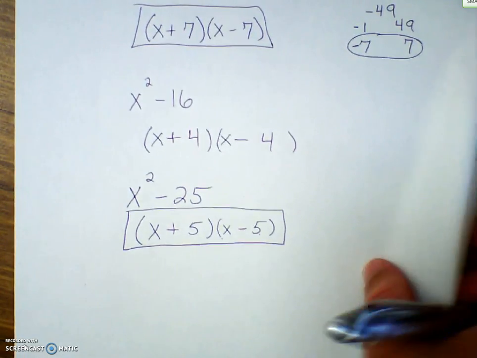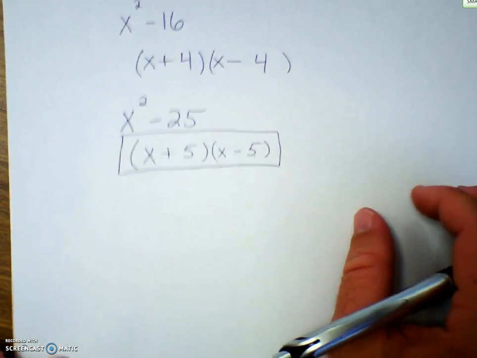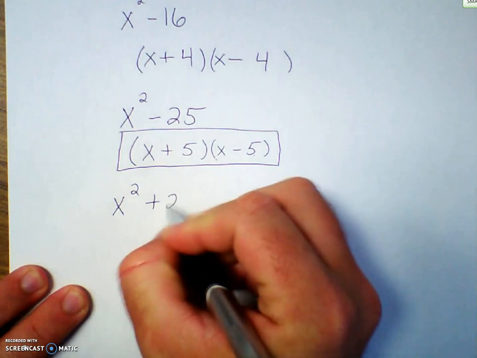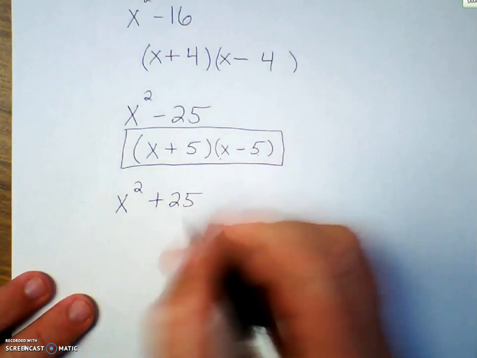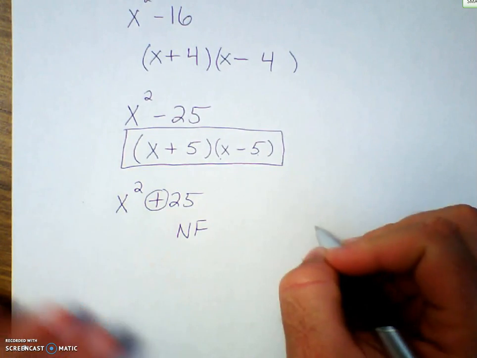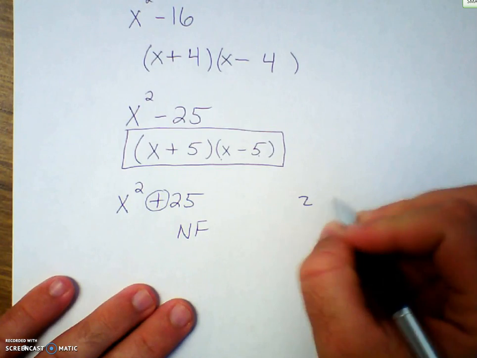Okay. Now let's look at a couple of examples that don't work. Let's say, for instance, I had x squared plus 25. Because of this plus sign, it is not factorable. And the reason why is, if you look at your factors of 25,